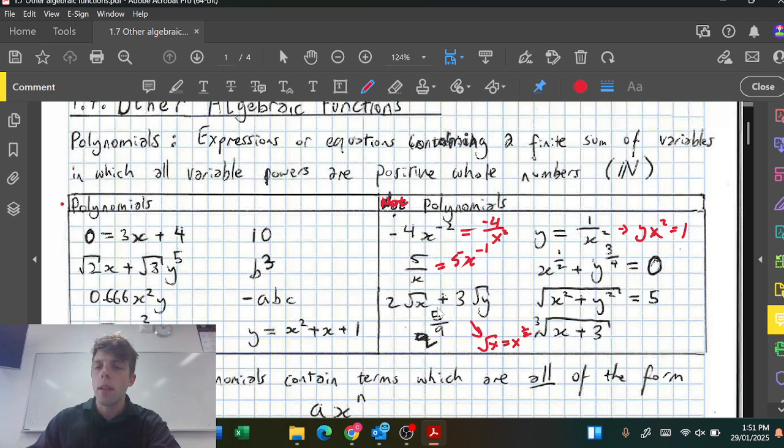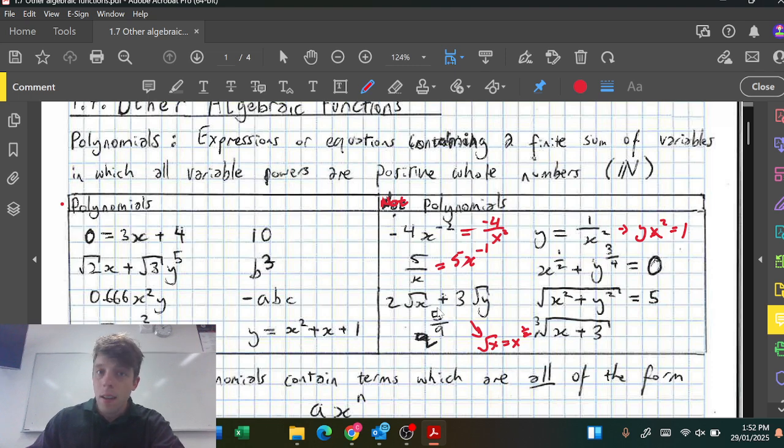We can see that we've written this in the form of a sum where all of the powers of each of the variables are positive numbers. So it can be a bit tricky. Sometimes something might look like a polynomial, but it's not. But if we write it in the standard form of a function, we can see that